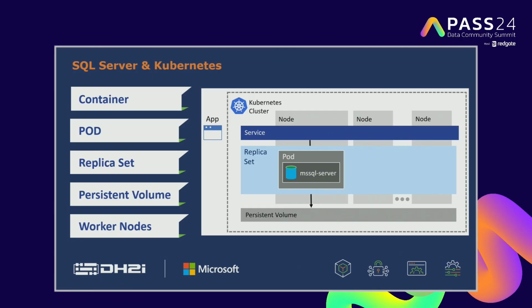The SQL Server instance that you're used to running on a VM, when you run it on a VM, you call it an instance. It's a process that you can look at in the Task Manager, it's running. When you run SQL Server as a container on Kubernetes, we have this logical formation called a pod, inside which you can have multiple containers. In this case, I'm just showing you one container being SQL Server, and you will see that we